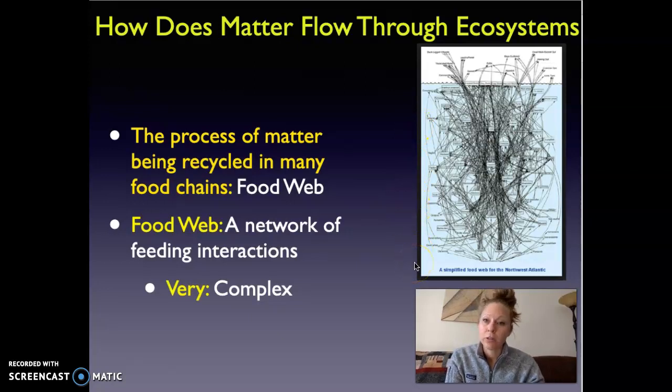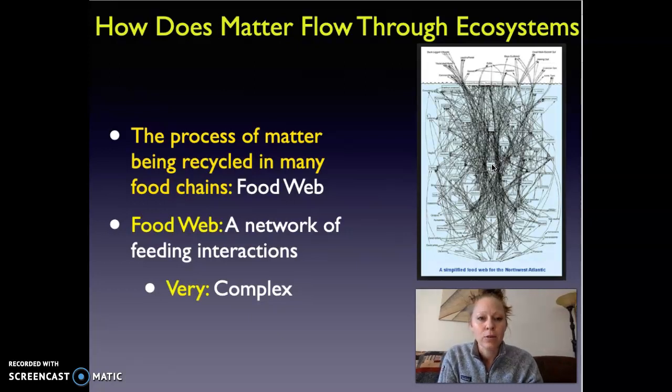Some species are going to be more important than others. Here we have a species, I can't read that, but it interacts with many different other species. If we were to remove that species, then the things that eat it would go hungry, and the things that it eats would not be eaten, and they would become very populated. Their numbers would go very high. We have to think of these things as a very interconnected web where everything impacts everything else.